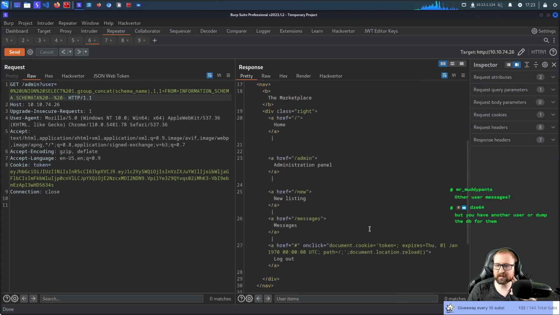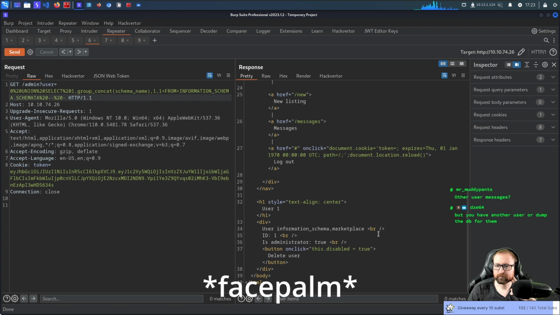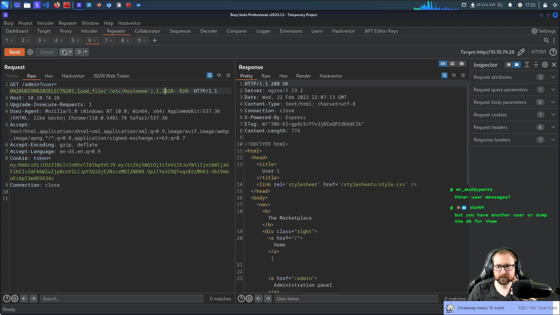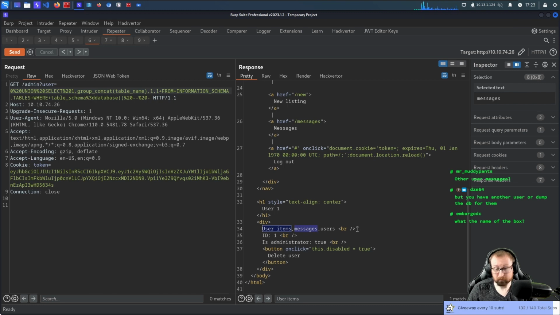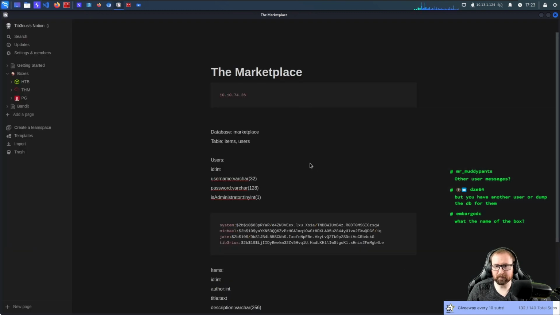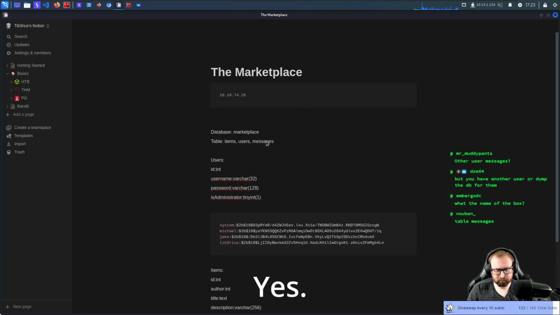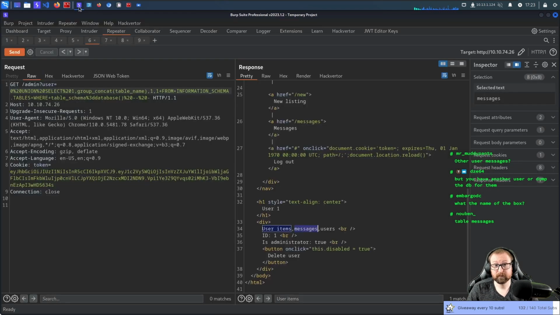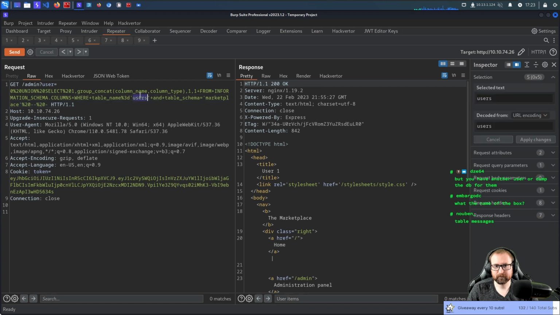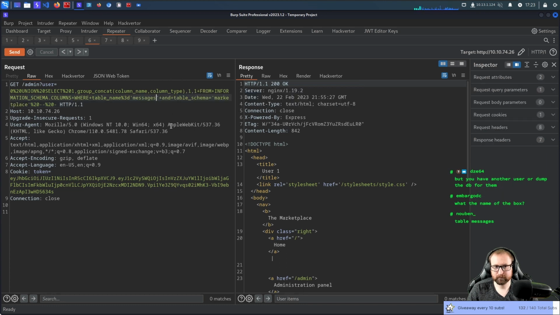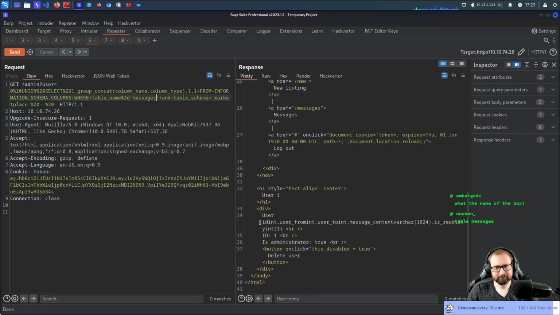You'd think they'd be stored in the database. But... Let me just go back to when we enumerated the tables. Oh, there was a messages table. Oh, my goodness. Was I really that blind? God damn it. How did I not see that? It's alright. Bonzo will cut this all out.